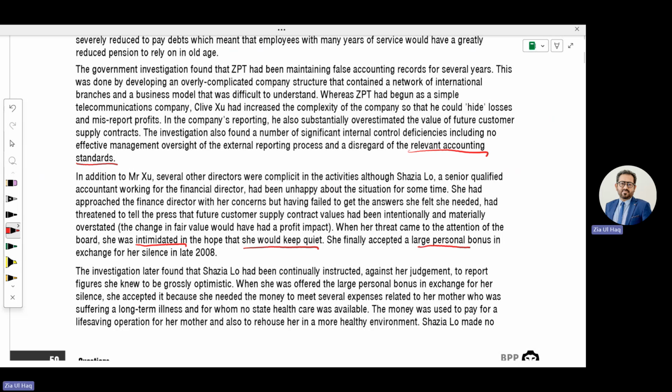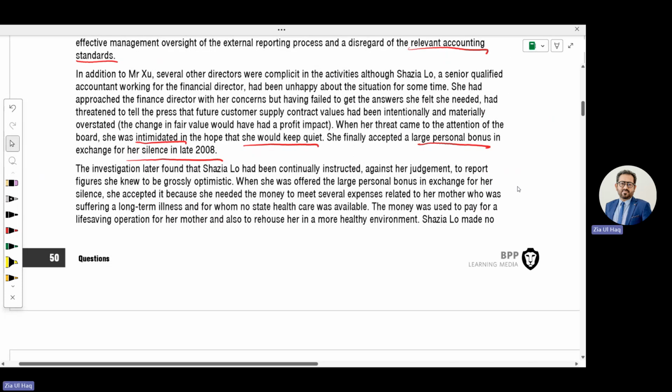She finally accepted a large personal bonus in exchange for her silence in late 2008. She was awarded a large bonus for her silence. The investigation later found that though Shazia Lu received some bonus, she was also involved in the fraud. Shazia Lu had been continually instructed against her judgment to report figures she knew to be grossly optimistic. It means she was under pressure from top management to overstate the results. When she was offered a large personal bonus in exchange for her silence, she accepted it